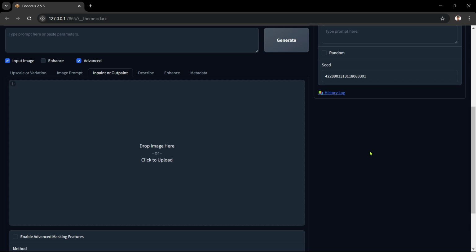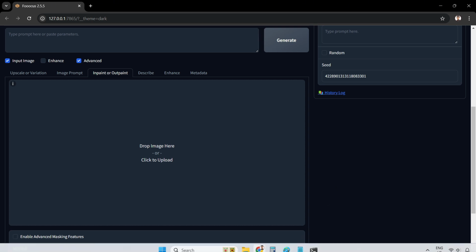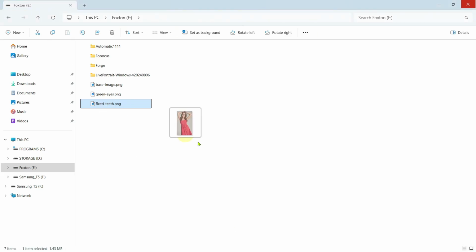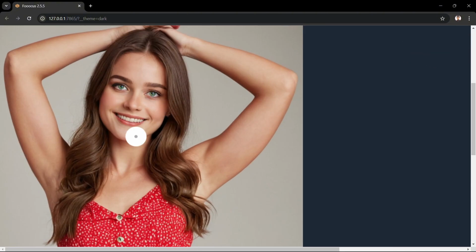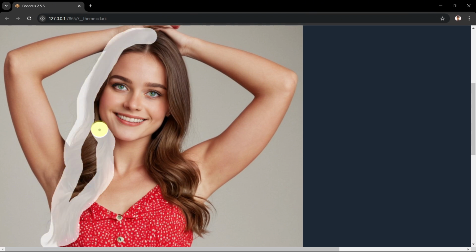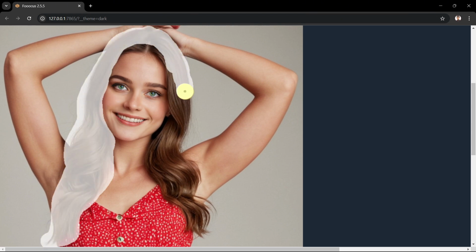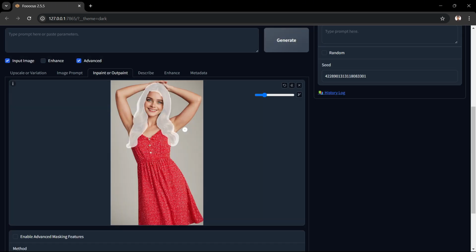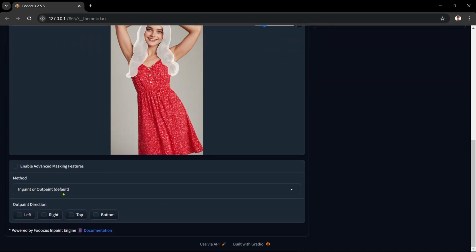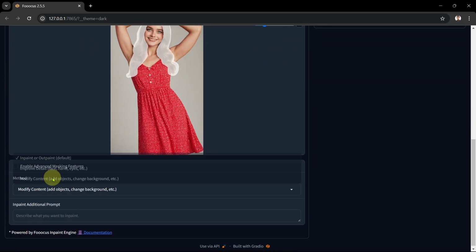We have all our base settings already applied. This time we'll drag our previously generated fixed teeth image into the Inpaint image box. Now we'll do a quick mask on her hair to isolate it for change. It's best to mask slightly outside of her hair to improve blending and the final result. This time we'll select the Modify Content Inpaint method, which comes with a default Inpaint denoising strength of 1, which